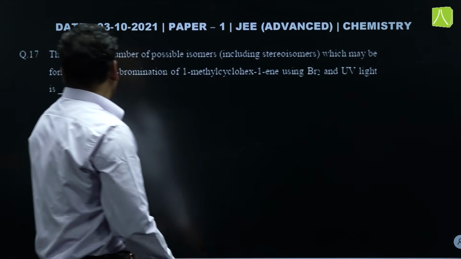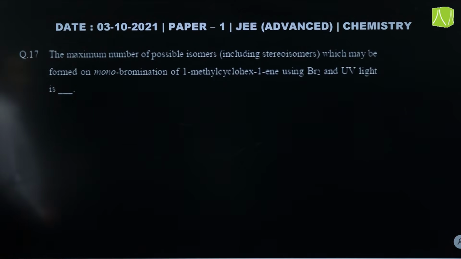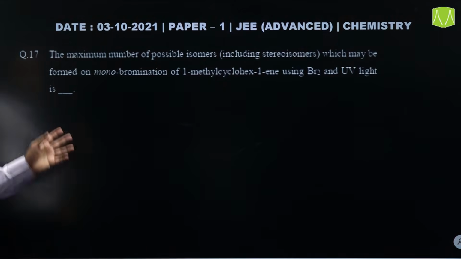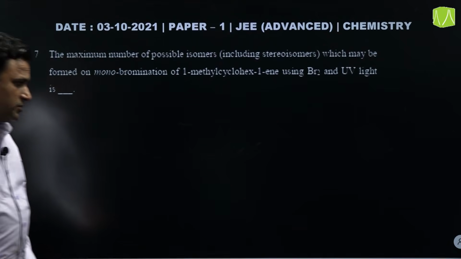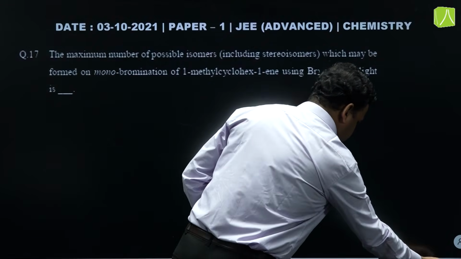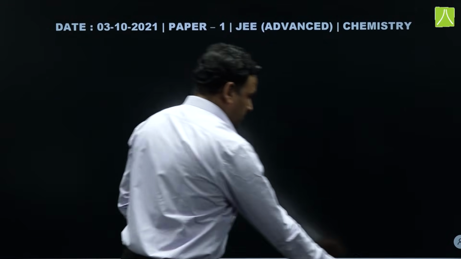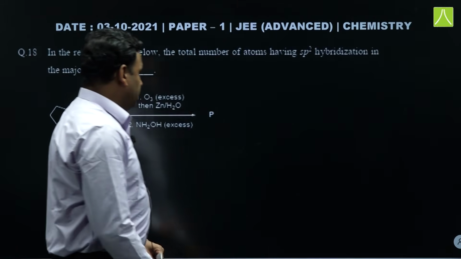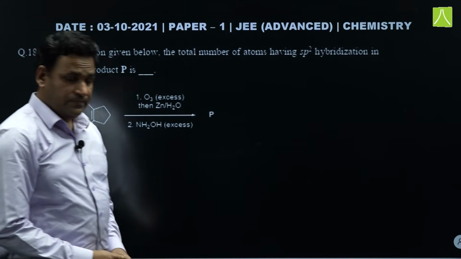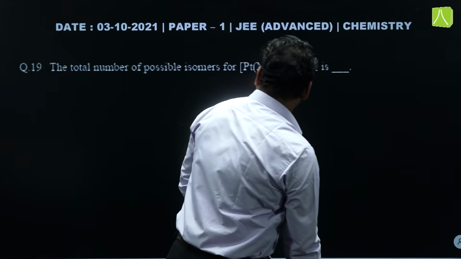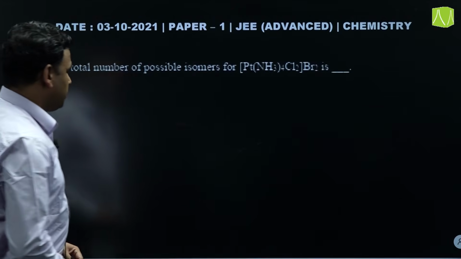Next is question number 17, maximum number of possible isomers. That is from organic, so we will be discussing it in another session. The next question in paper 1 is also from organic chemistry. Then the next question is question number 19